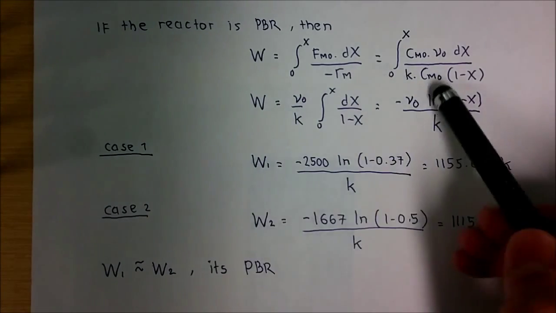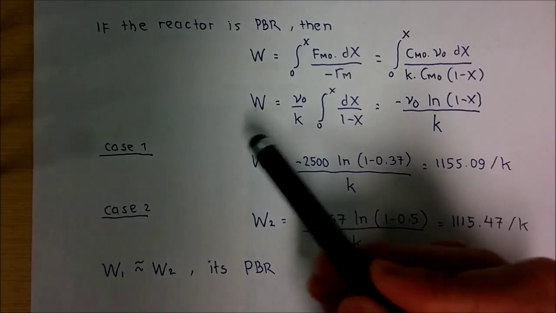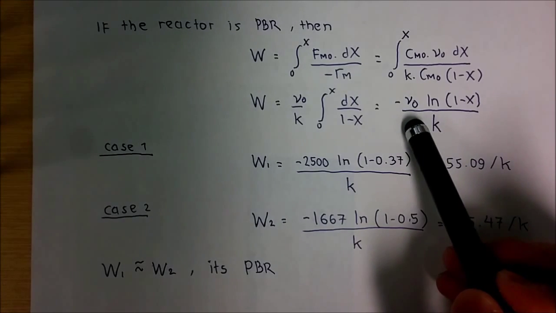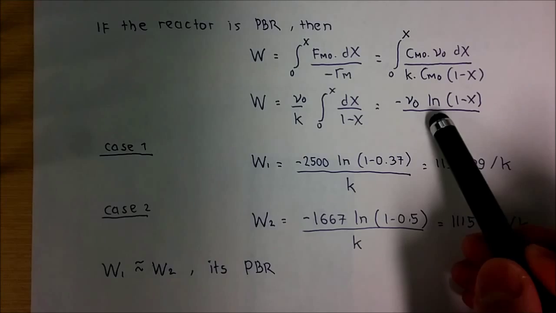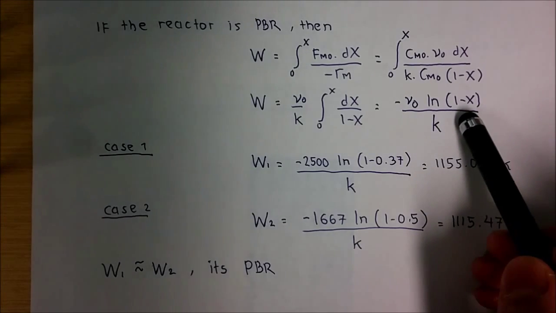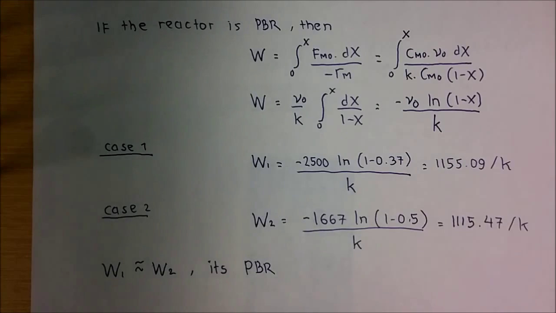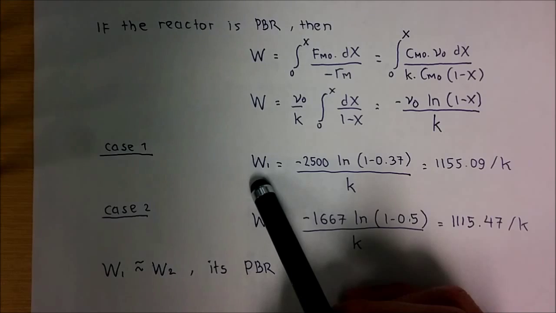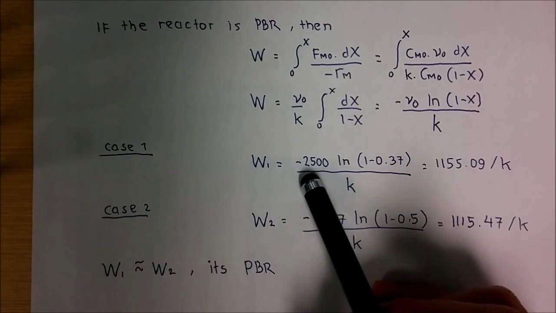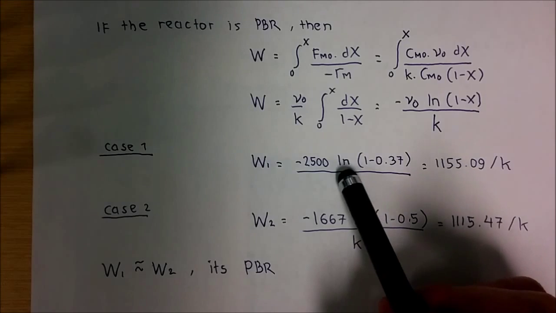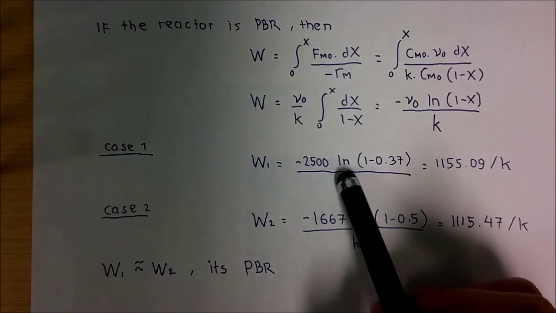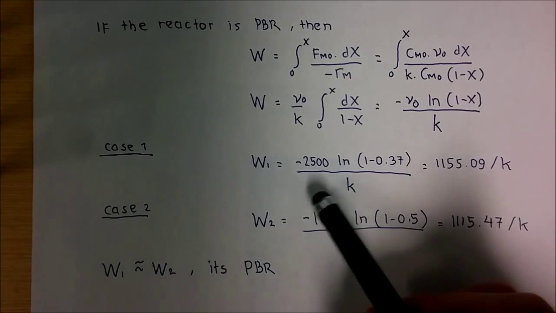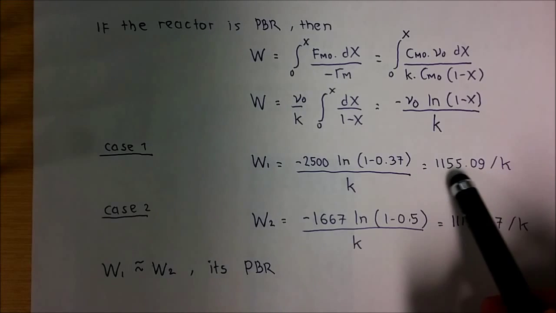And then if we integrate that based on the rate law that we have, we're going to have W equal to minus V0, the volumetric flow rate, multiplied by the natural logarithm of 1 minus conversion over K. And then if we plug in the numbers for case 1, W is going to be equal to minus 2500, which is the volumetric flow rate, multiplied by ln(1 minus 0.37) over K. We end up with the value of